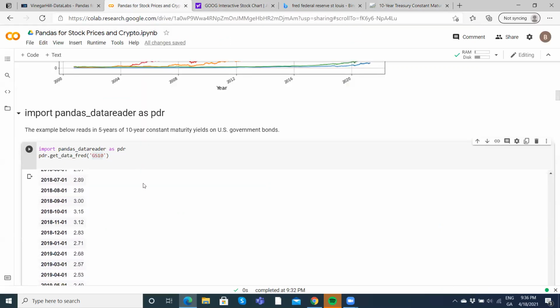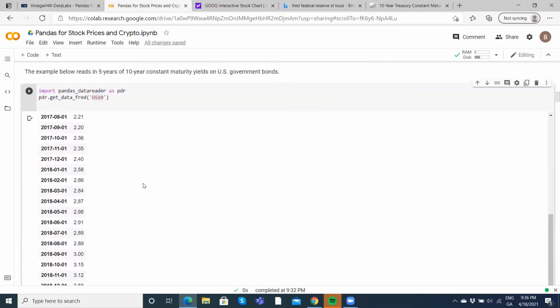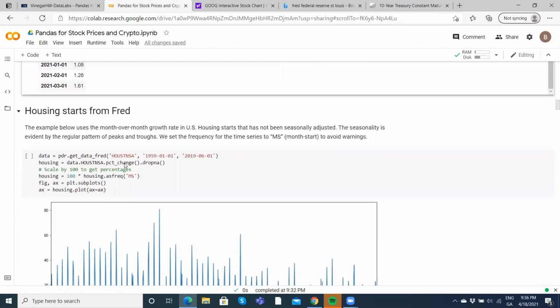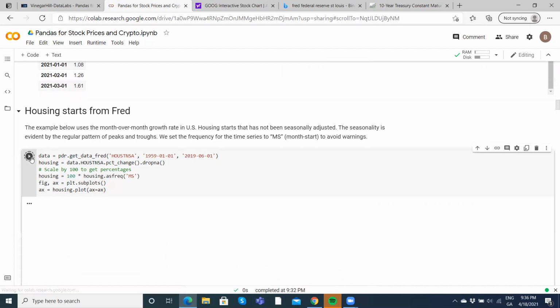Now, it's nothing too specific here, but just to demonstrate that with the Pandas reader as PDR, we can read in FRED data, and it's a nice way to do that. We can also read in data for housing starts. So housing starts from FRED. The example below uses month-over-month growth in US housing starts that has not been seasonally adjusted. The seasonality is evident by regular patterns, peaks and troughs. We set frequency of time series to MS. Okay, so we'll just run that,